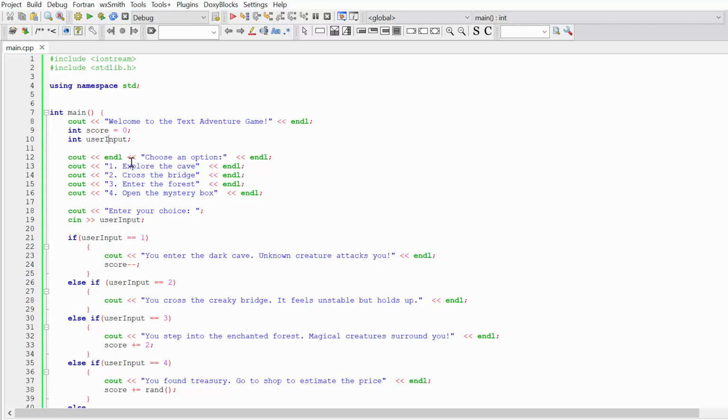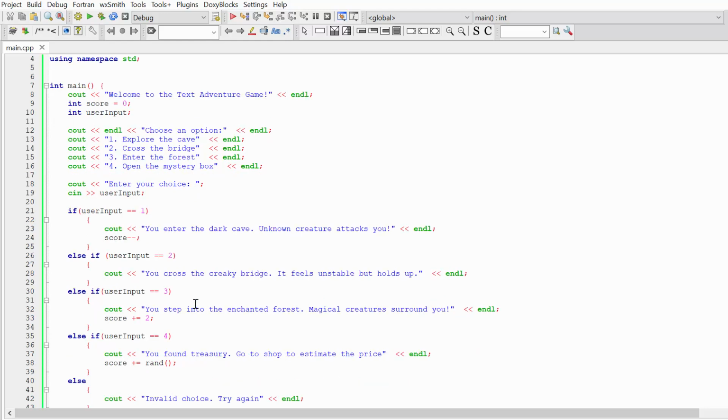So if my user input is equal to 1, the user chose to explore the cave, I'm going to write the message: you enter the dark cave, unknown creature attacks you. And I'm also going to decrease the score of my user. If the input is equal to 2, I'm going to type the message: you cross a creaky bridge, it feels unstable but holds up.